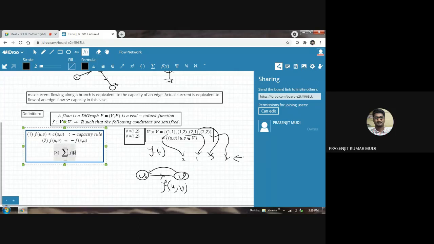That is, the sum of all flows converged. Let's say u is the vertex from where all the flows are outgoing. So u belongs to P. So for all the vertices, the amount of flow